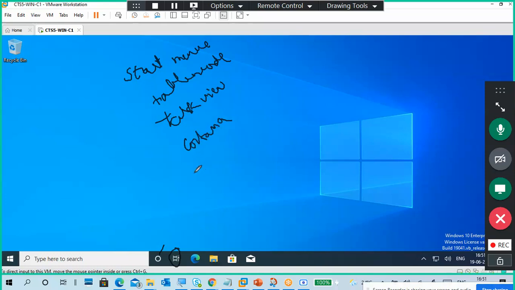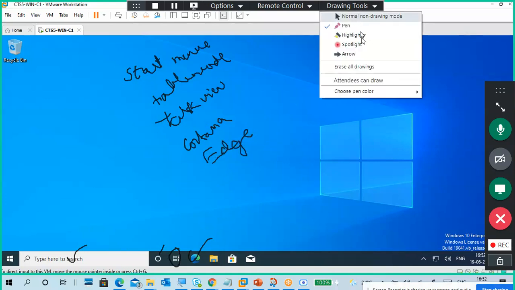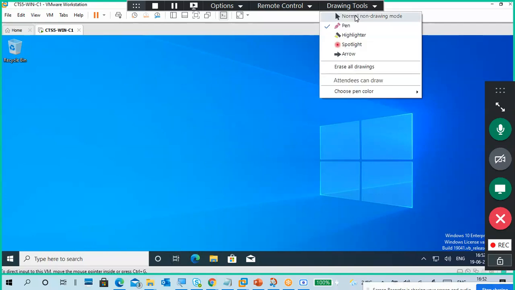What is Cortana? Cortana, search, and the last one is Edge. We discussed, right? So two, three more are there, but we will see them one by one.